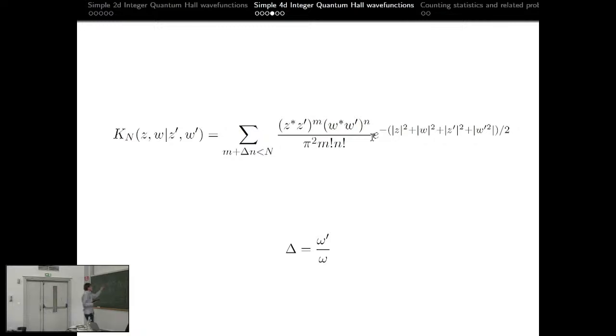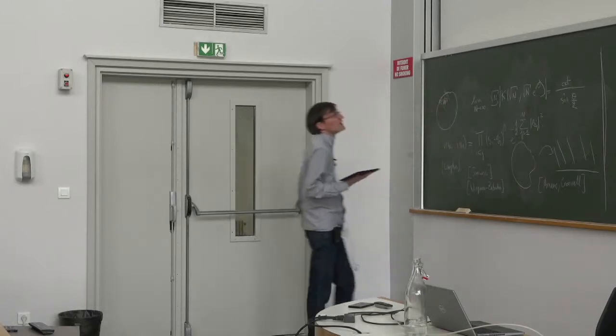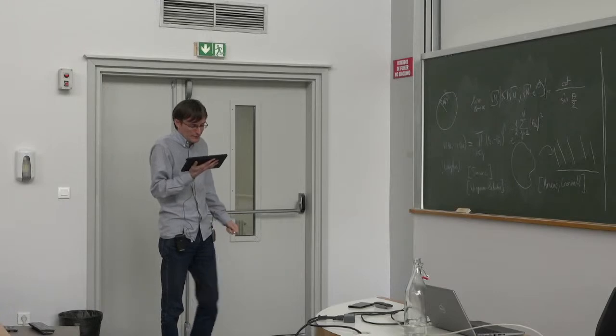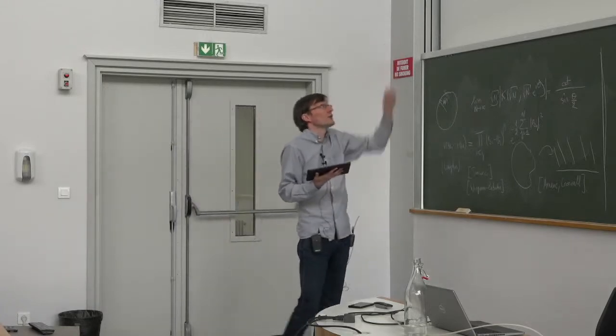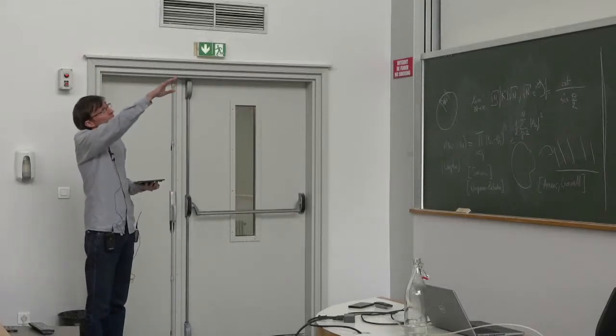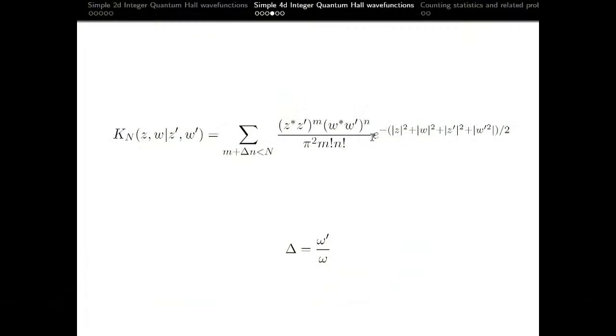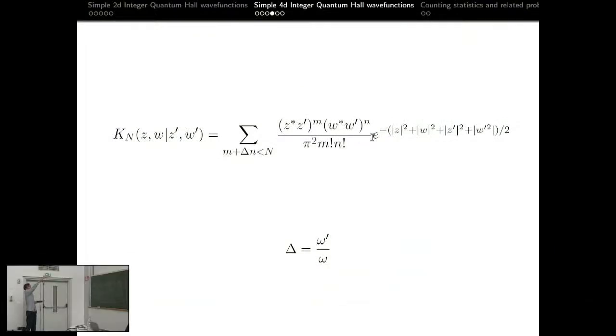Okay, and you can ask yourself, for example, what's the analog of the droplet? So before, the droplet was just this disk, which I didn't rescale, which has a size roughly square root of N. And with this, it's again an easy computation, because, I didn't say it, but many of the bulk properties you can get just by saying that the sum runs to infinity. Here there is a constraint on the sum, and if the sum runs to infinity, you reconstruct part of the exponential, and then in the end you get only exponentials.